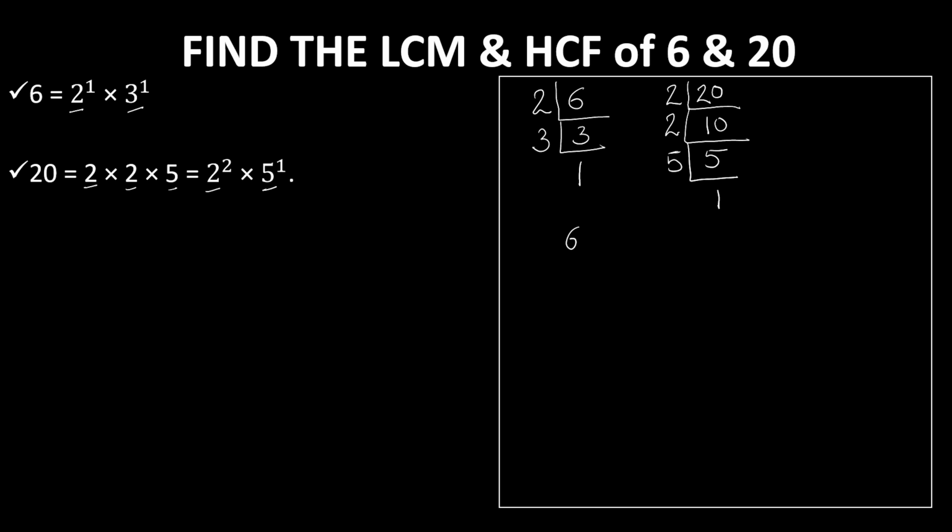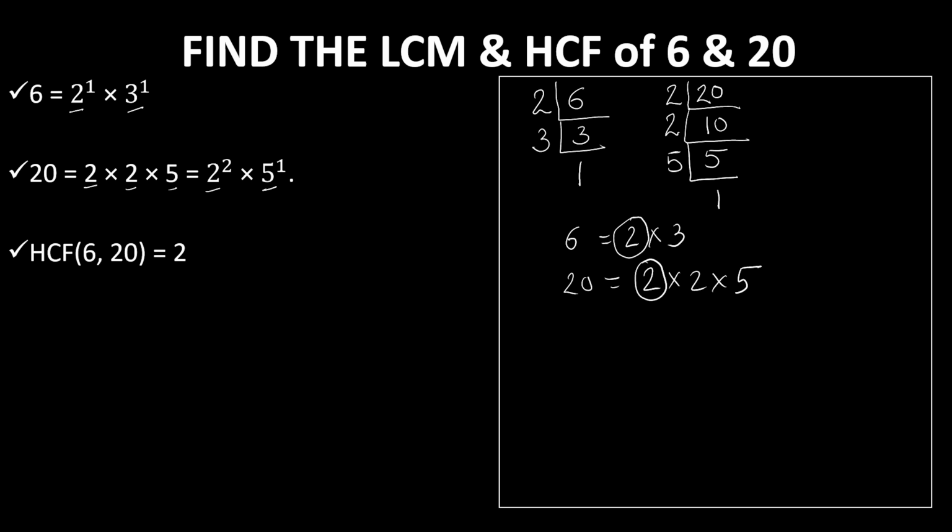So we observe that 6 can be written as 2 into 3 and 20 can be written as 2 into 2 into 5. Now among them, what are the common factors? We have 2 only, and that is the highest one. So therefore, we will be writing down the highest common factor of 6 and 20 to be equal to 2. Now what would be the lowest common multiple? So we will write down all the factors of 6 and 20, and whichever factor is common, we will write it down only once. So the LCM